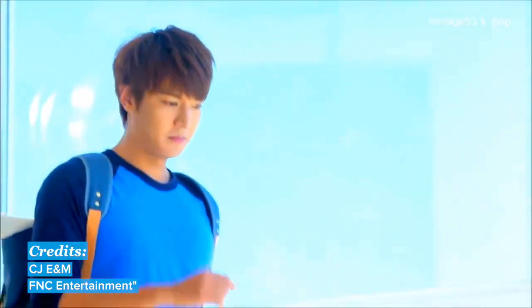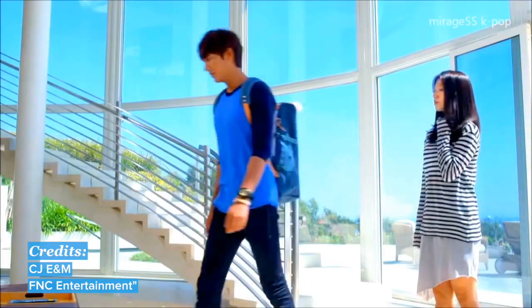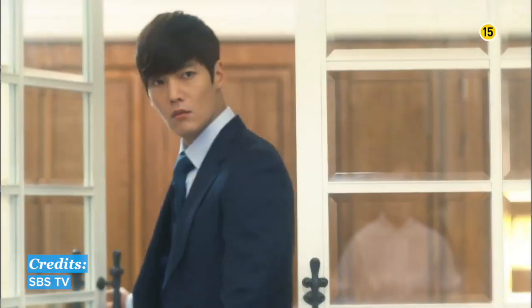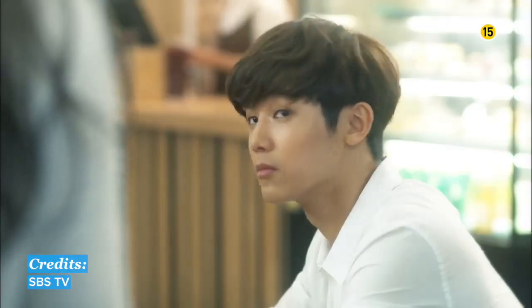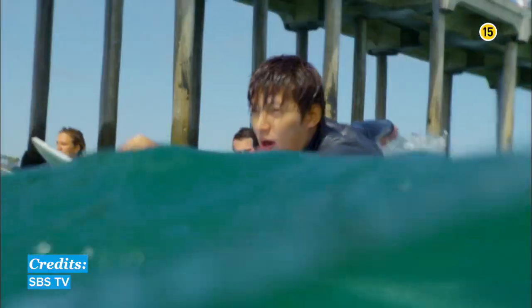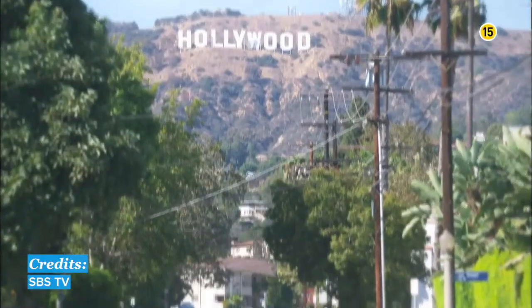Number 9. Heirs. Heirs, also known as Inheritors in English, follows the complicated life of wealthy Korean adults in their quest for love and self-discovery. This drama follows Kim Tan, a self-conceited Korean playboy, and heir to one of the most powerful chaebol families. Unable to abide by the strict rules of Korean society, his parents sent him to the US, where he's able to live a free, careless lifestyle and indulge in all temptations.